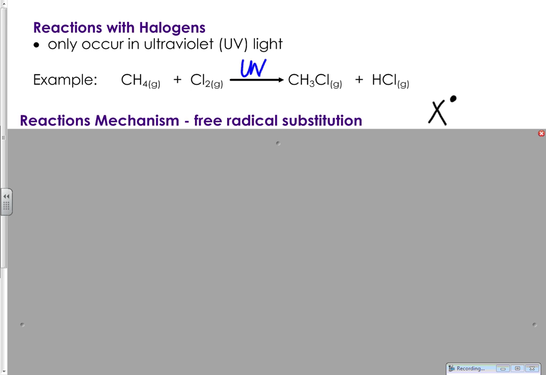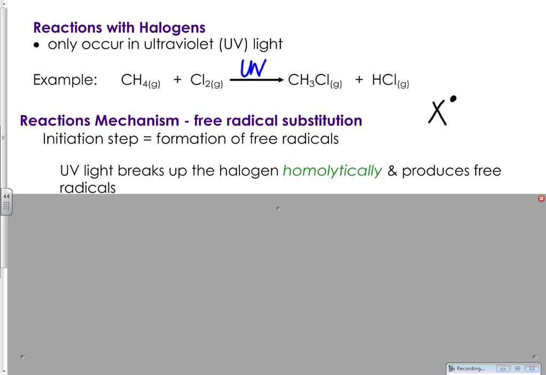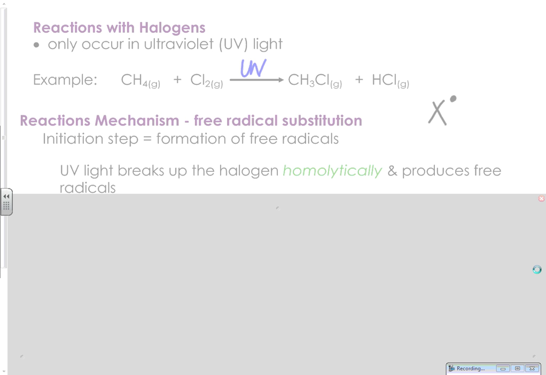Now, if we look at possible starting points, those are called the initiation steps of the reaction. So how does a free radical even get formed to begin with? Well, one possible way is for that UV light, which is high energy, to break up the halogen homolytically to make a free radical. So using this,